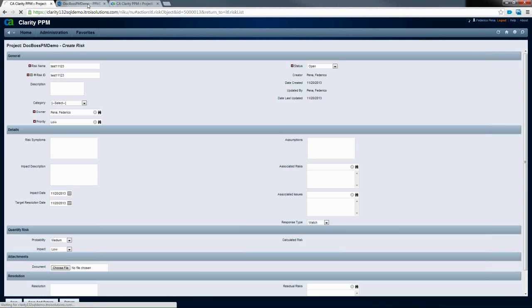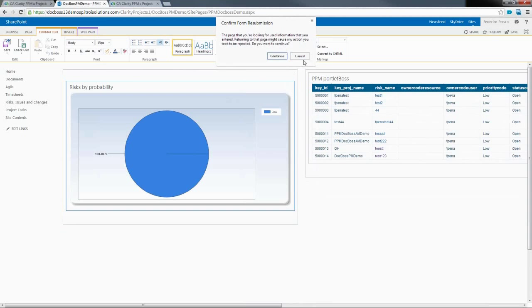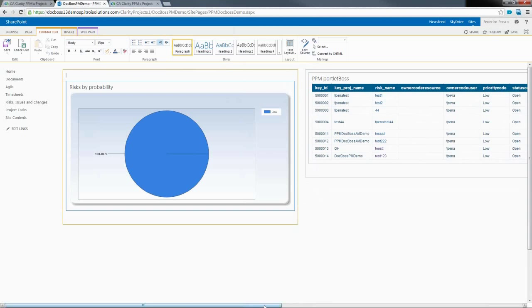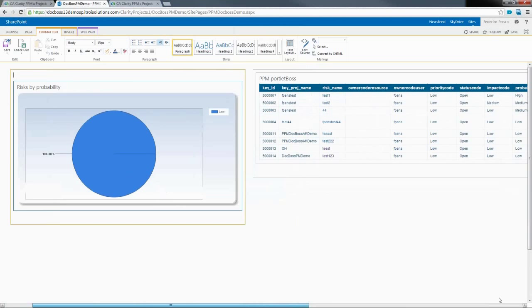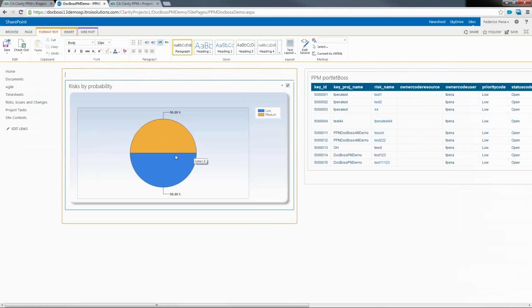Now if I come back into this particular site and refresh this page, oh, hang on, I have to click OK on this one, so I was editing that particular web part. So now you can see that we actually have the two risks that we've created